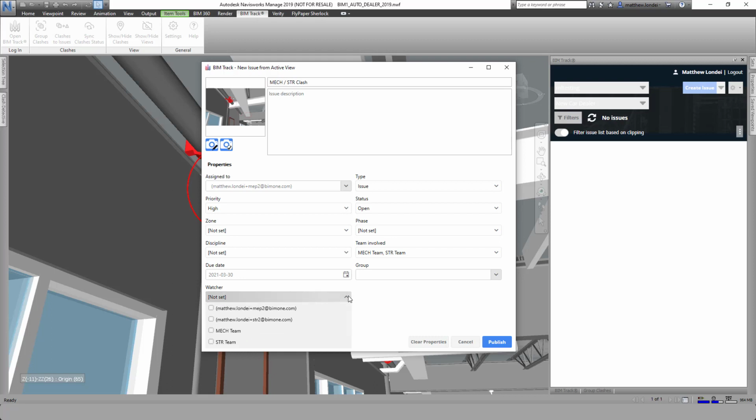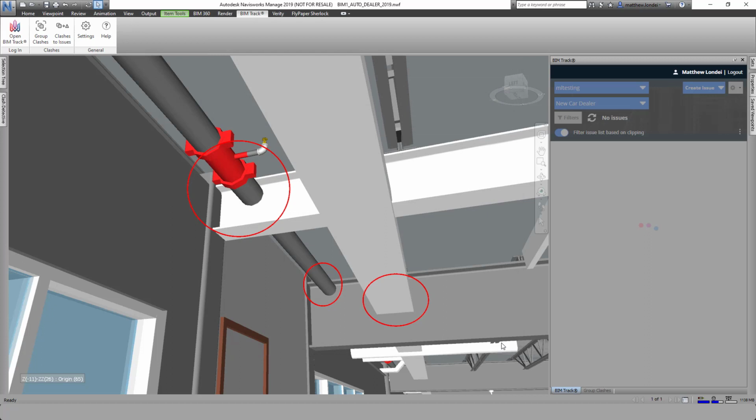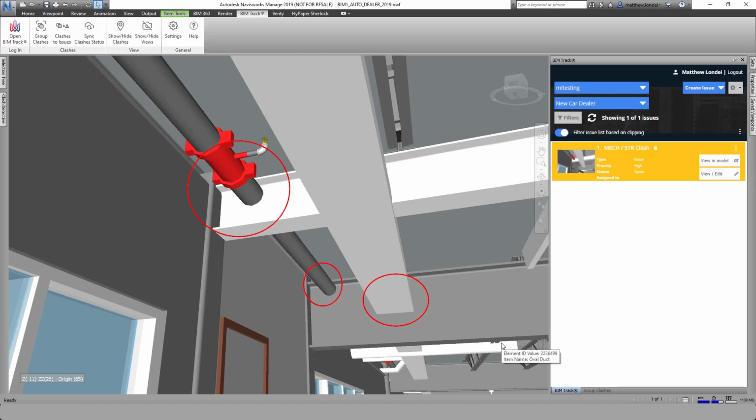So now if I add the structural team here in Watcher, they are still notified of the issue, but because they are enabled, they have access. So as I publish this issue to BIMTrack, and it of course syncs with the cloud,